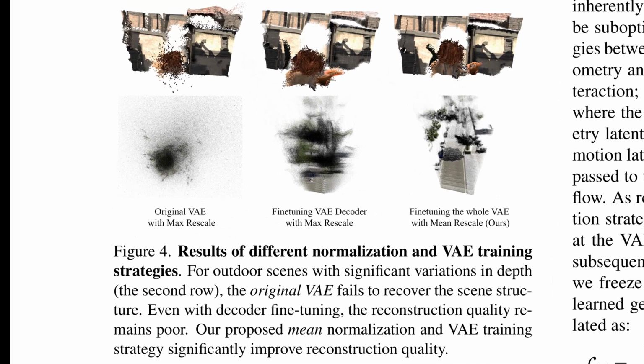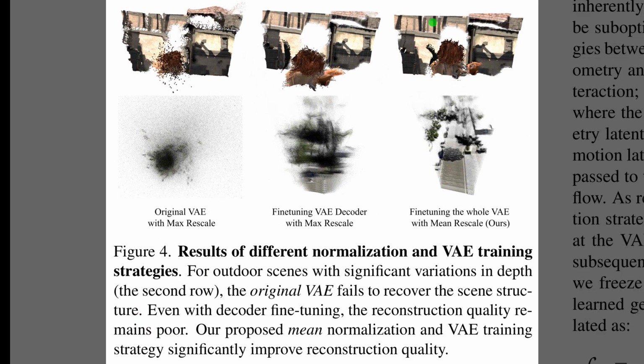Figure 4 illustrates why these design choices matter by comparing different normalization strategies. The top row depicts a close-range scene, while the bottom row challenges the model with a large-scale outdoor environment. On the far left, using the original VAE with standard max rescaling results in total failure for the outdoor scene, producing mostly noise. The middle column shows that fine-tuning just the decoder improves things slightly, but the geometry remains blurry. In contrast, the right column confirms that fine-tuning the entire VAE with the authors' mean normalization strategy successfully